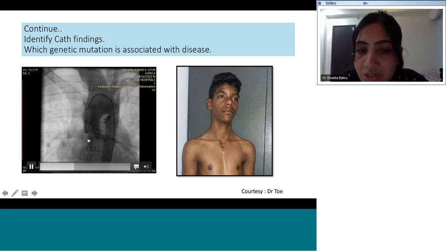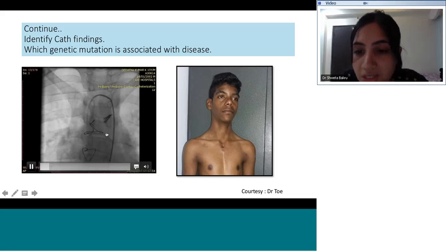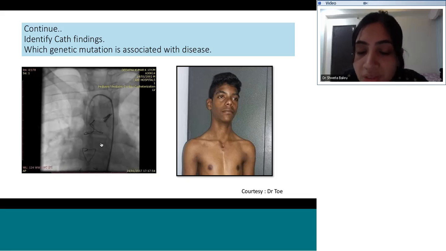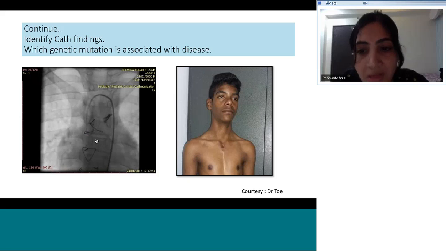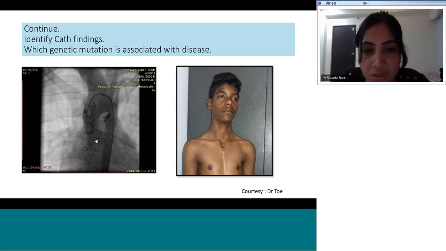Here it was done because, as you can see, this patient is already in a post-operative state, and surgery was done for supravalvular AS in Williams syndrome. To differentiate whether it is a valvular stenosis or a supravalvular stenosis was difficult to diagnose by other modalities, so the angiography was planned. But this is usually not recommended because of coronary ostial stenosis.